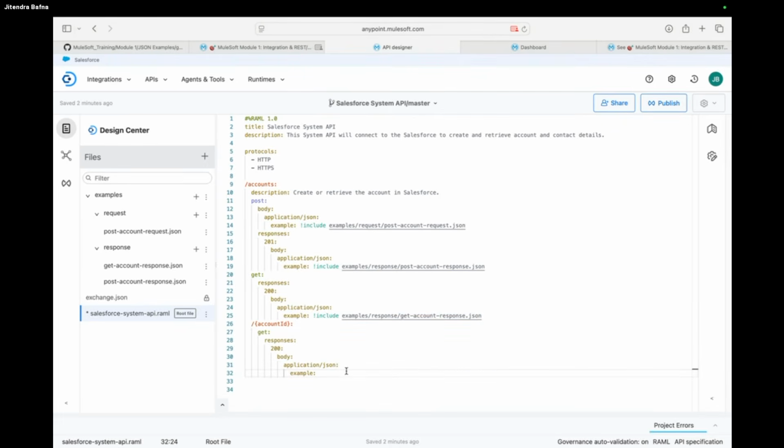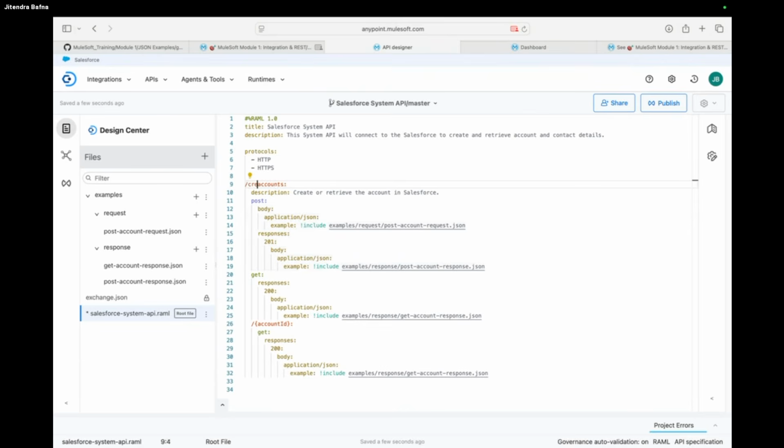And see here, you always use the noun, right? Accounts. You don't use verbs. If you say create account, it is some kind of action you are giving. You don't have to use that. You just use the resource name, which is a noun, and your method should tell what this particular resource is doing. So post is saying it is creating an account.